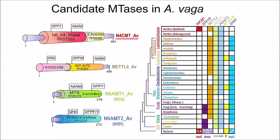So we inspected all the candidate methyltransferases that were present in the genome, and our candidate was the only one that was not present in other eukaryotes. It was present only in bdelloid rotifers and in bacteria, here in red. We found a candidate methyltransferase that might methylate adenine, but these candidates were later discarded because they were annotated as DNA methyltransferases but were later shown to methylate proteins. So we focused on this